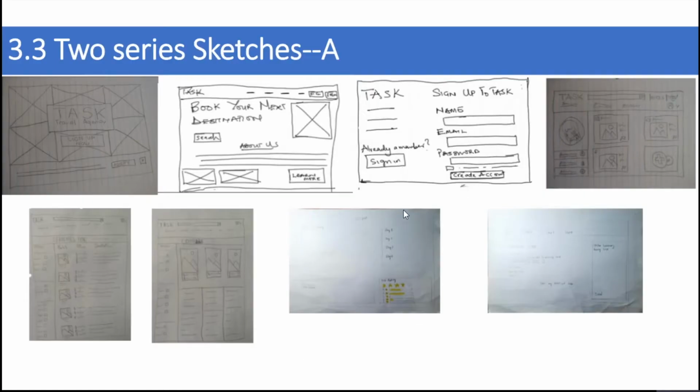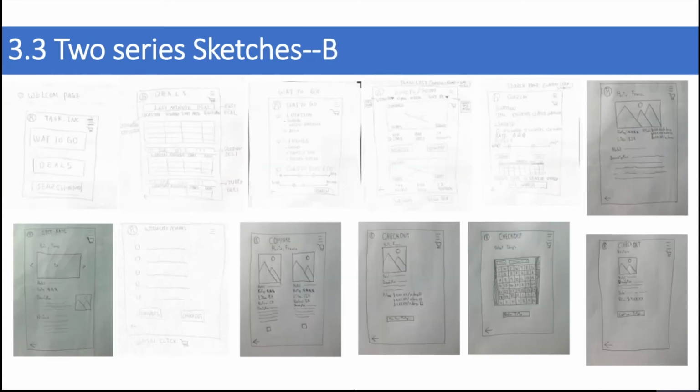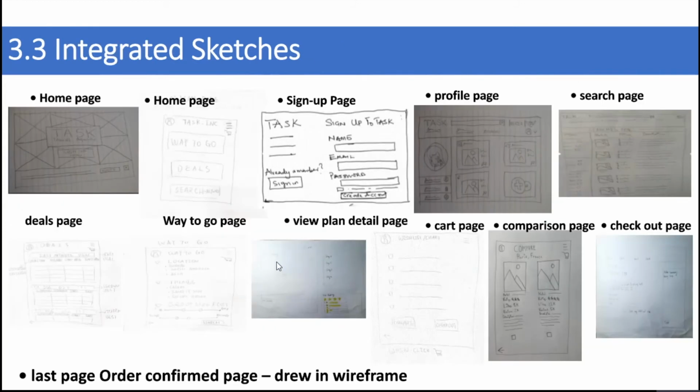So next, we divided the team into two subgroups, Group A and Group B. Each subgroup is refining and drafting a set of sketches according to the diagram that we decided before. So here is what Group A did, and here's what Group B did. And after the two subgroups finish, we combine as a whole group and decide which one of each subgroup we're going to take